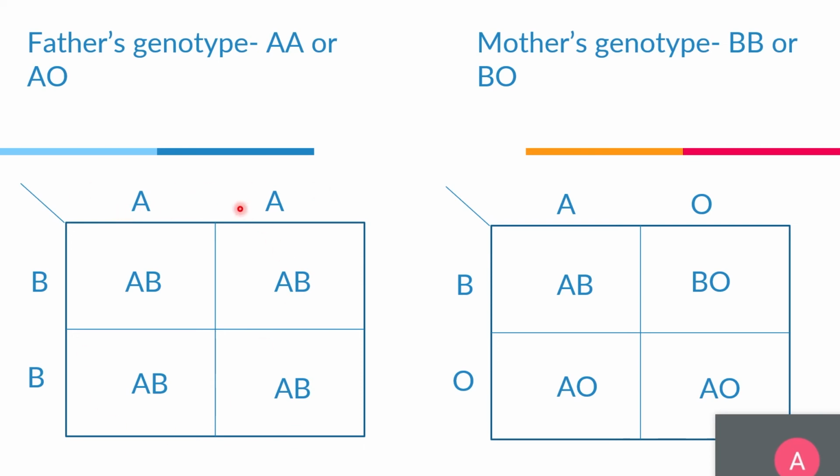So for the first Punnett square, we see that the fourth progeny can have the blood group AB. If the father's genotype is AA and the mother's is BB, then all the children should have the blood group A. But instead, if the father's genotype is AO and the mother's genotype is BO, we can see right off the bat